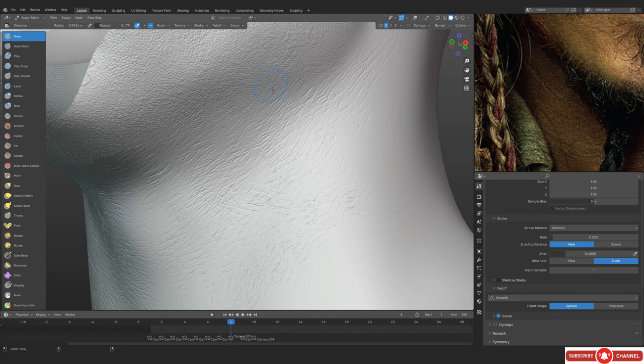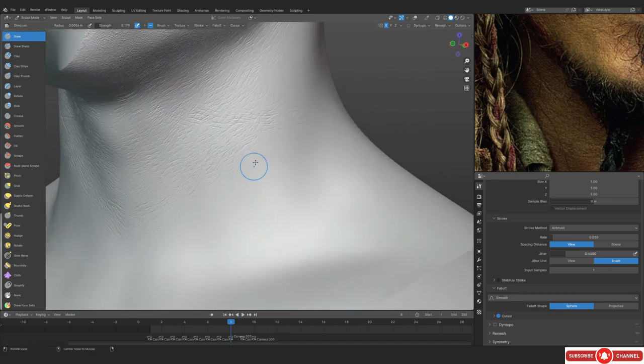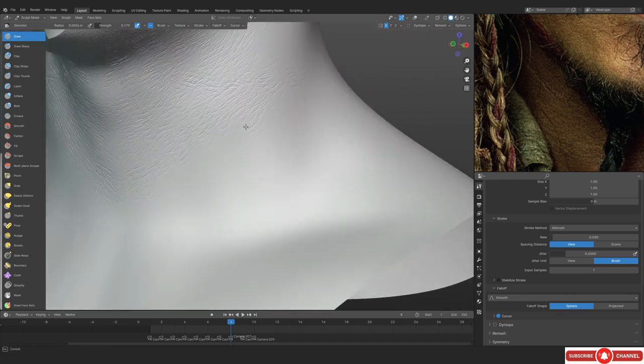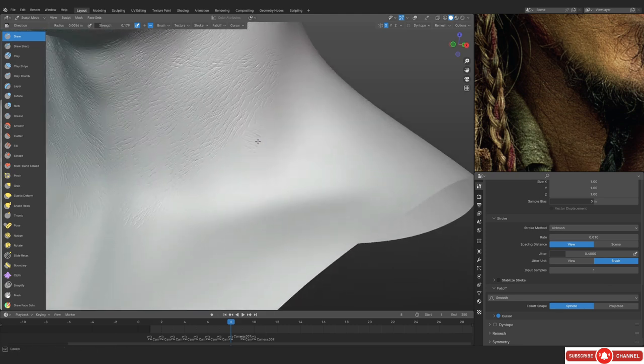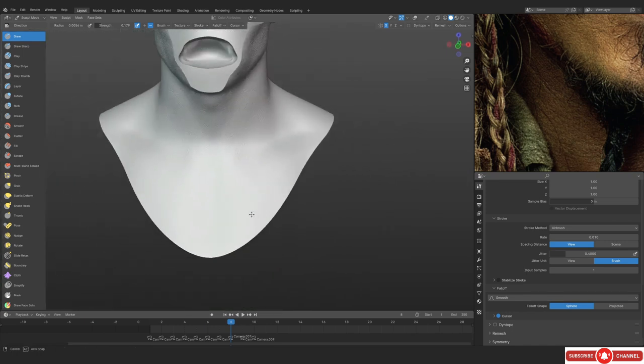And you can see how we are creating some sort of chicken neck kind of a thing. So yeah, the skin of the chicken neck is not the chicken neck, but the chicken leg actually. I think it's leg, yeah. Yeah, it's leg. So we're gonna be doing the same thing on the neck basically. I know it does sound a little bit weird, but that's just how it is.